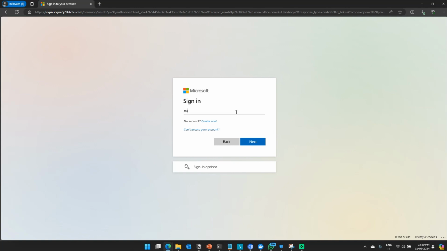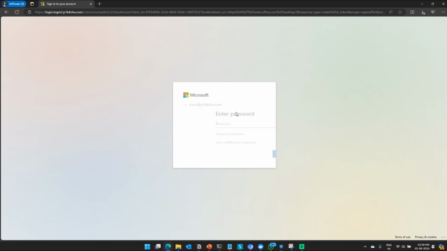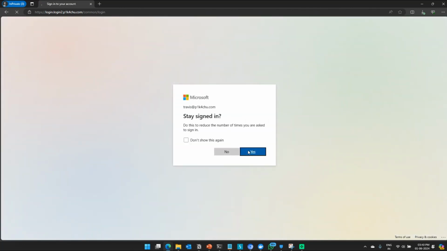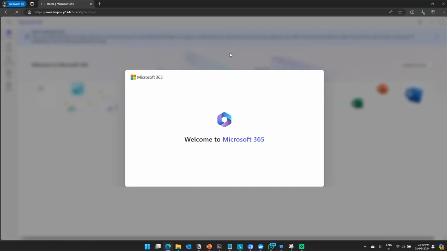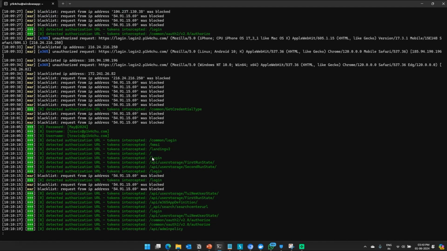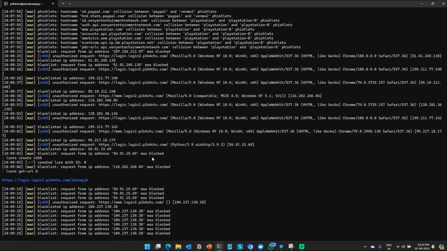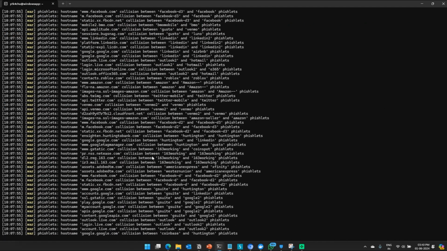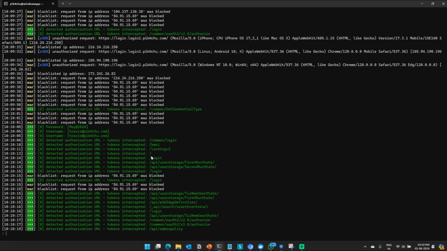So let's use a user which we've compromised before, travis@redpikachu.com, and the password is May 2024. And when I try to sign in, it's going to ask us to sign in automatically. Awesome. But if you look at the back end, okay,